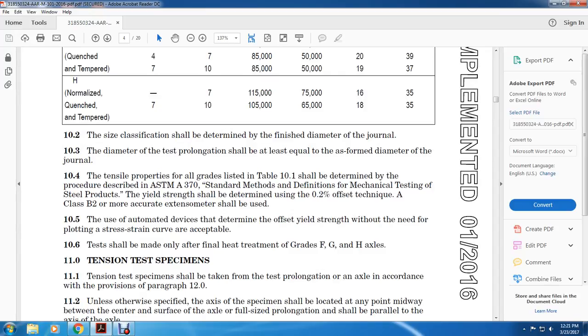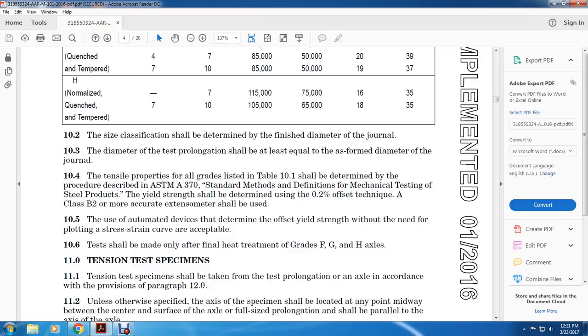The size classification shall determine the finished diameter of the journal, the diameter of the test prolongation being less than or equal to the finished diameter of the journal. The tensile properties for all the grades of Table 10.1 shall be determined by the procedure described in ASTM A370, standard test methods and definitions for mechanical testing of steel products. The yield strength shall be determined using the